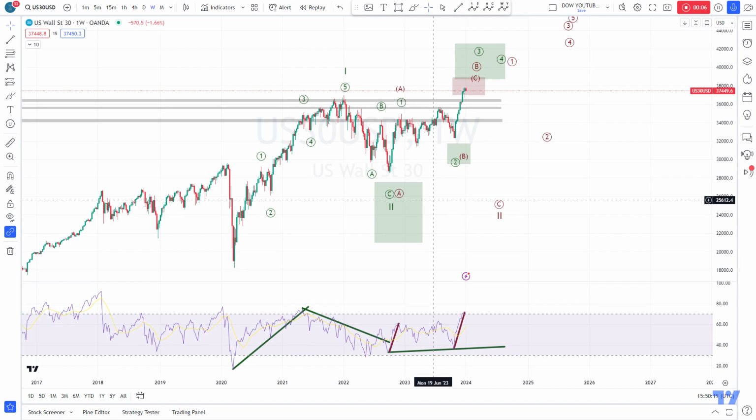For the record, today is Wednesday, January 3rd. Time is around 4 p.m. GMT. So here we are looking at the weekly chart, and my take on the Dow Jones is that we